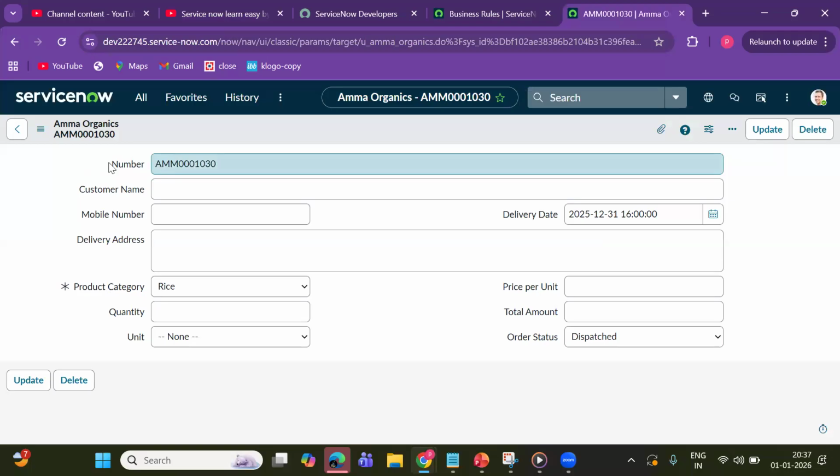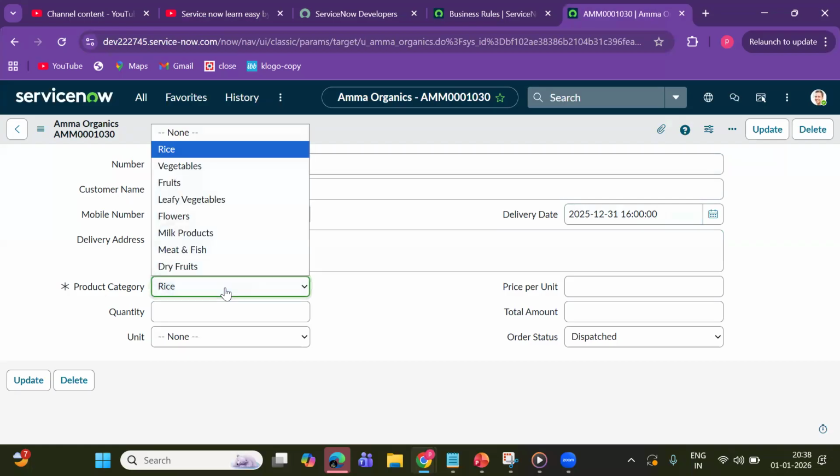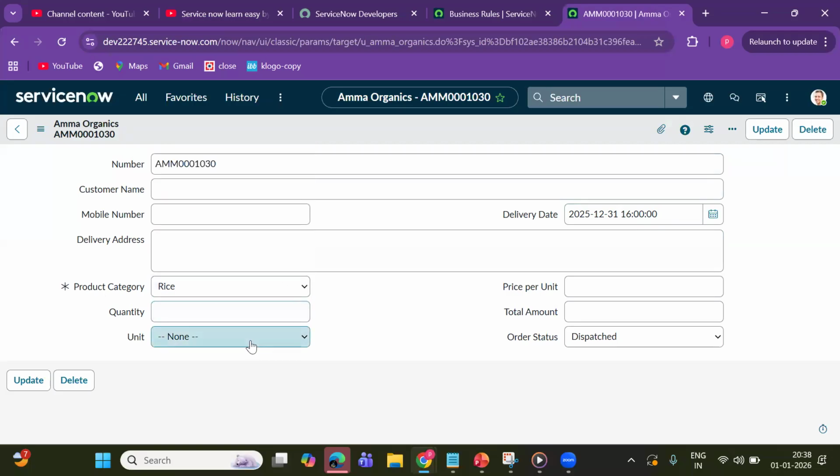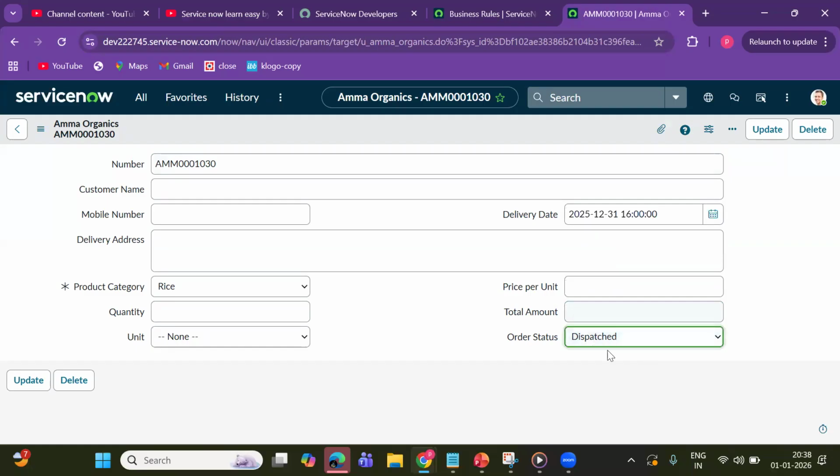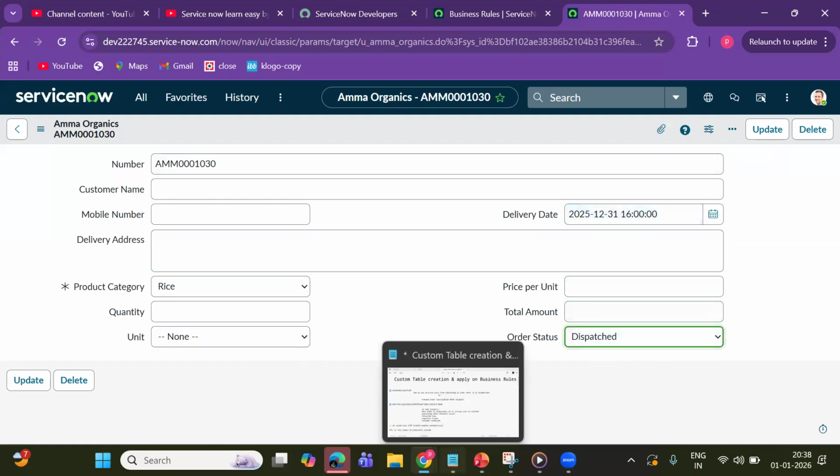Here it has number, customer name, mobile number, delivery date, delivery address, and product category. It includes rice, vegetables, fruits, leafy vegetables, flowers, milk products, meat, fish, dry fish, and dry fruits. Quantity and units are kilogram, liter, dozen, and pieces. There is also delivery date, price per unit, and total amount. And like the stages of an incident, the order status has new, confirmed, packed, dispatched, delivered, and cancelled. These stages are there. Coming to our topic, the interview question is,